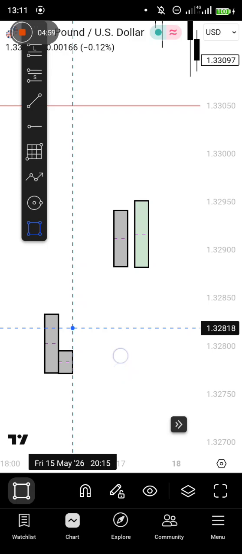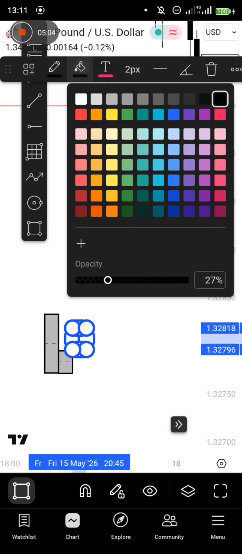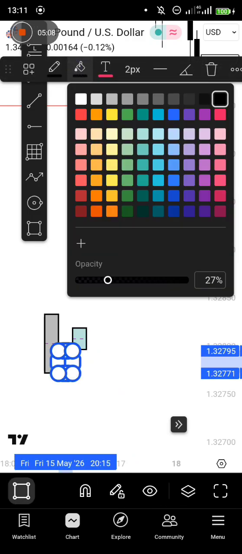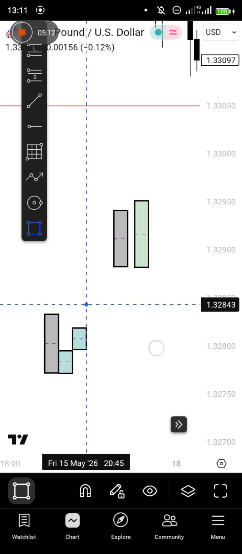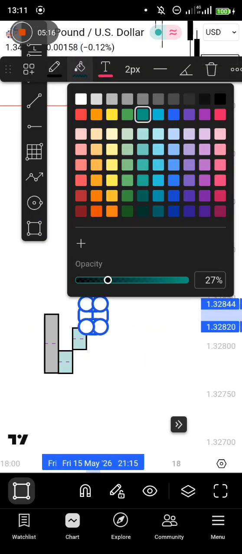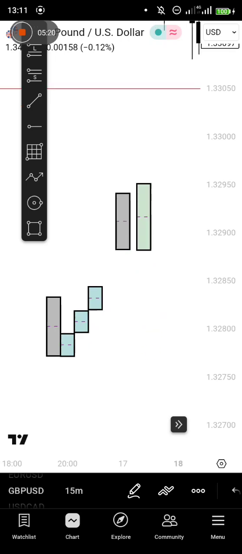An engulfing can form in this manner, and I'll tell you why it is an engulfing. Now let's say another one formed this way. The reason why we will call this an engulfing is because we have the same bullish candles forming